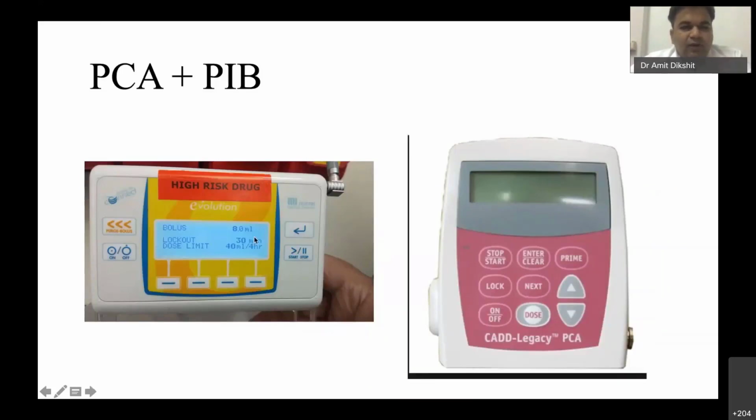We are in the era of programmed intermittent boluses. Two such pumps are available at my institution, and we can provide PCEA, perineural infusion, with a push button. It gives a lot of patient satisfaction. So you need not give a continuous infusion; you can just give a 5 ml bolus every 2 hours, and this has been found to be very effective when we go low on concentration and high on volume. Patients have better acceptance and better quality of analgesia. They accept this technique very well.